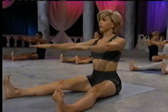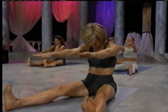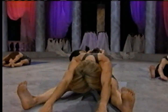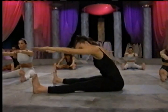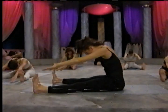Inhaling up. Very important to keep active legs and feet in this position. Breathe in. Exhale, reach, and reach, and reach. Let's do 2 more of these. Inhaling up, and exhale forward. And last time, inhale up,